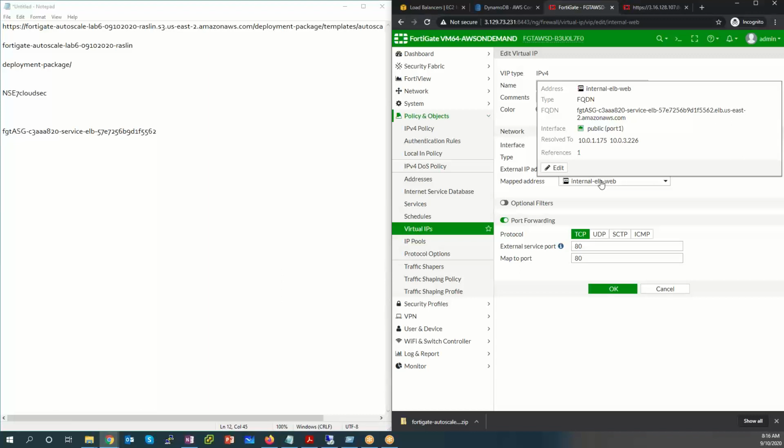FGT ASG-C3 AAA 820-service-ELB-57E 725 6B 9D1, 9D1F, pardon me, 9D1F, yes, 5562. Very good. And I am just taking for granted that the rest of this, which is ELB.US East 2, US